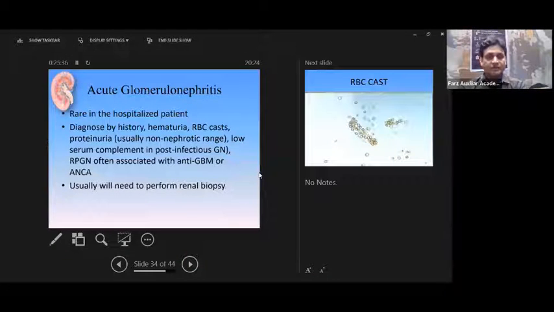Then acute glomerulonephritis, which we generally see in outdoor patients. These patients generally present with a rapid rise in creatinine within days to weeks. Many times these patients have hematuria, pedal edema, and in urine examination we will see RBC casts. When we do other tests like C3, it is generally low in membranoproliferative glomerulopathy or MPGN and C3 glomerulopathy.